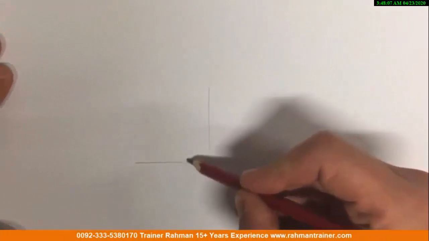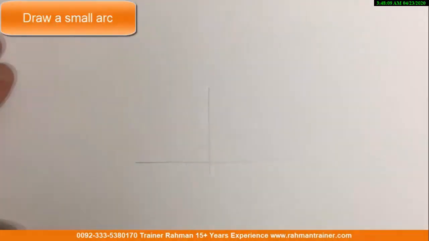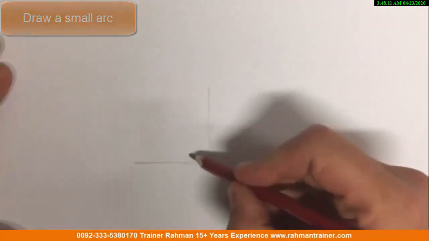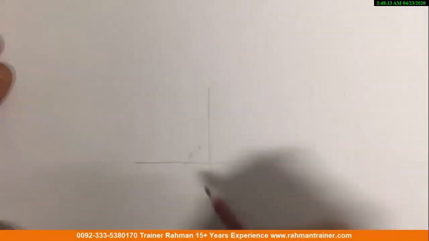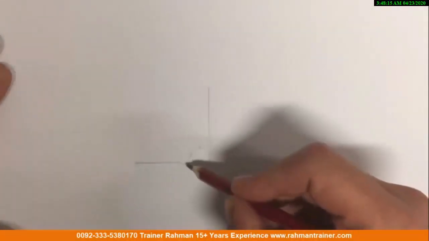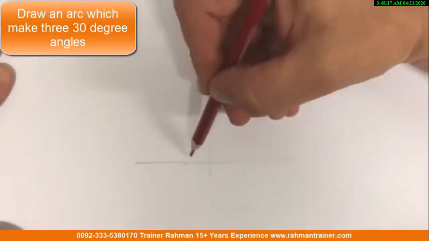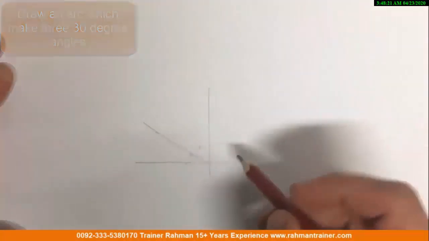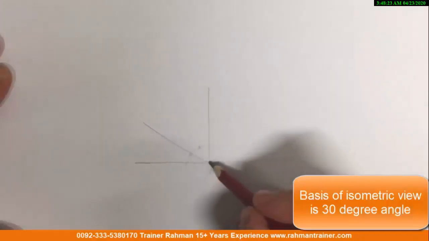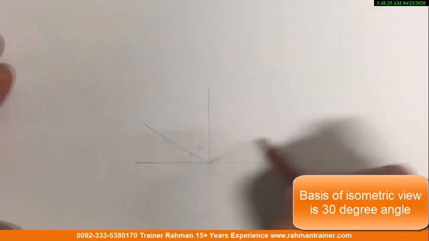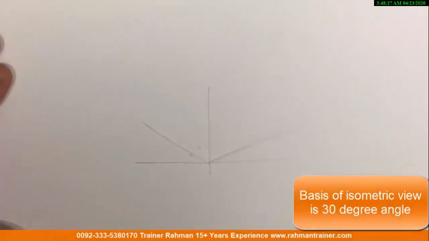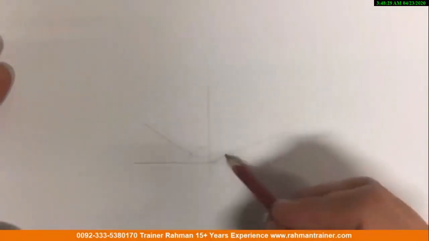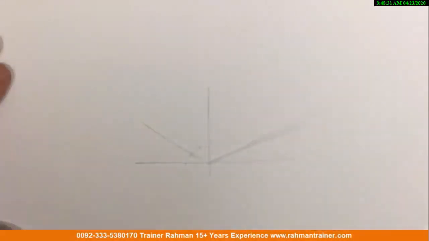Now you will draw a small arc and distribute that arc 90 degree in 30 degree. Now that 30 degree angle symmetry on positive x axis and negative x axis is the basic of isometric